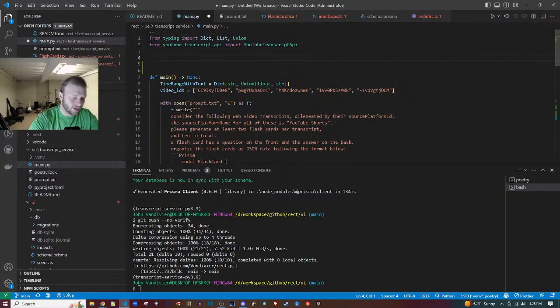We'll split these out. This will be def flashcards from transcript.